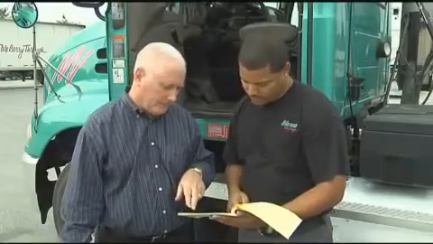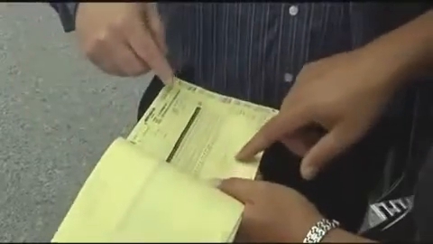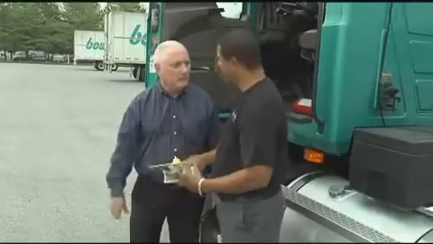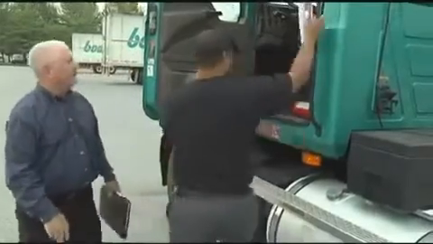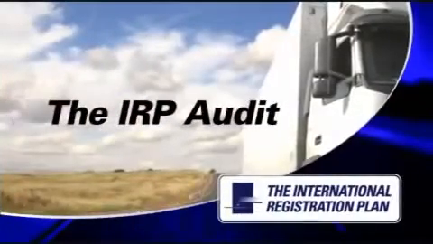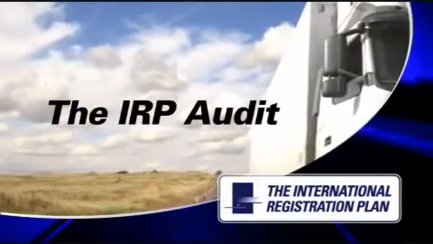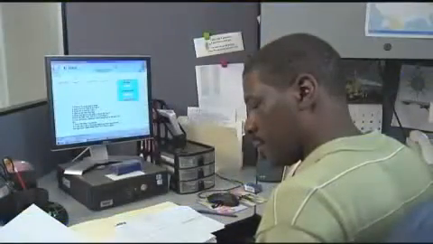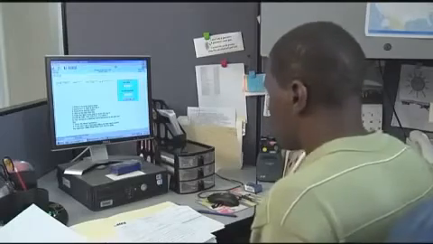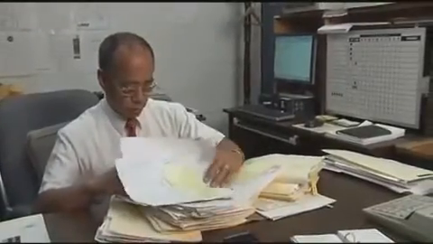Maintaining accurate records and reporting accurate distance is critical to the proper calculation of fees. It ensures that registrants are not overcharged and that jurisdictions receive their fair share of revenue based on actual operations. Jurisdictions are required to audit carriers and ensure that appropriate, accurate fees are collected. Specifically, the plan requires each member jurisdiction to audit apportioned registration applications and all supporting records for carriers registered in